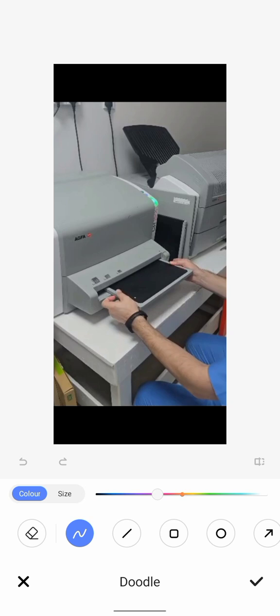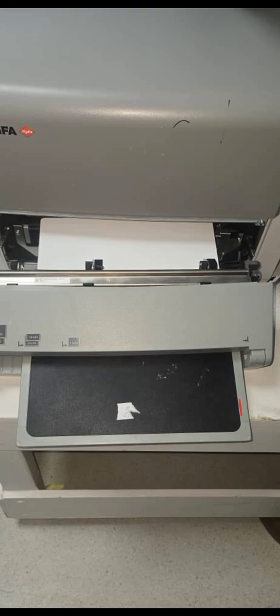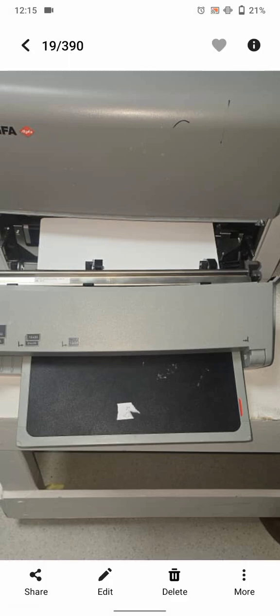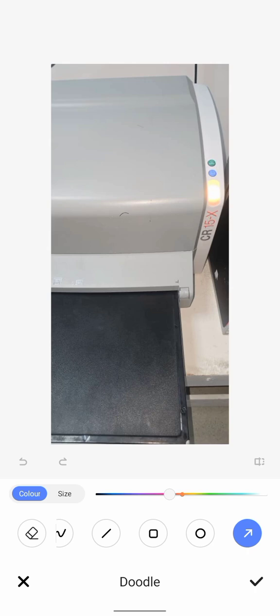Okay, this is the image reader, and just keep in your mind, when this light turns green, then you will insert the cassette inside the reader. After that, when you insert the cassette inside the reader, this is white. You can see here, this is the imaging plate. The imaging plate is removed from the cassette, and I showed you in the previous slide there are some rollers. The roller is getting the imaging plate inside the reader. After that, when the imaging plate gets inside the image reader,